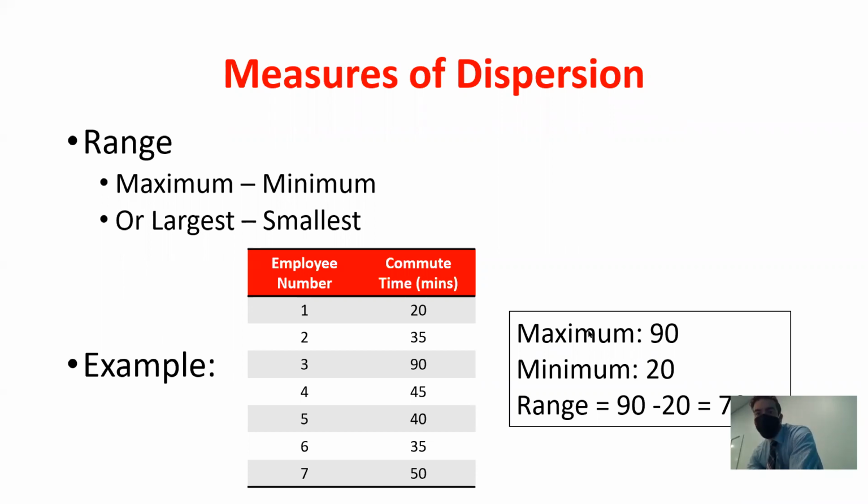All right. So you can imagine if we had that data set with all 20s but one 90, the range, right, would still be 70 because the maximum and the minimum would still be the same. But in that second data set where everyone else's commute time was 20, there's not nearly as much variation, right? So the range does capture some of that dispersion, or it gives us some information, but it doesn't really give us as much information as some other measures we have that are a lot more useful, right? That would allow us to distinguish between data sets that have the same range, but one of them would have all 20s, all the same value. Well, if it's all the same value, that's not much variation in the data set. It's only that one that would be driving that range up.